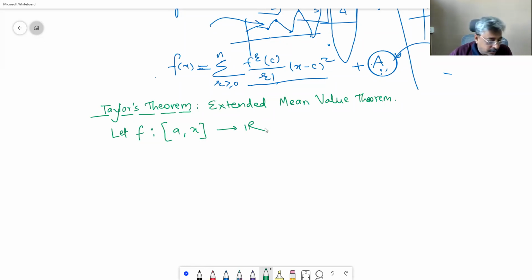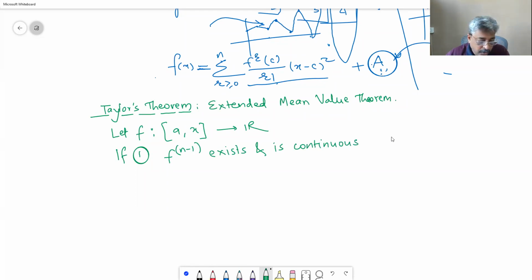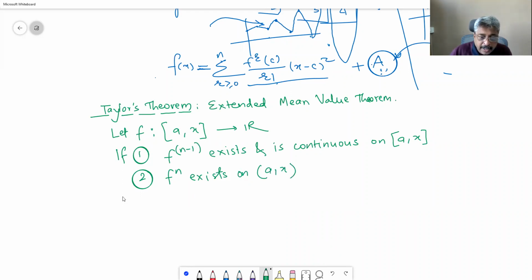If f n minus 1 exists and is continuous on the closed interval a to x, and f n exists, that means it is differentiable, on the open interval a comma x, then